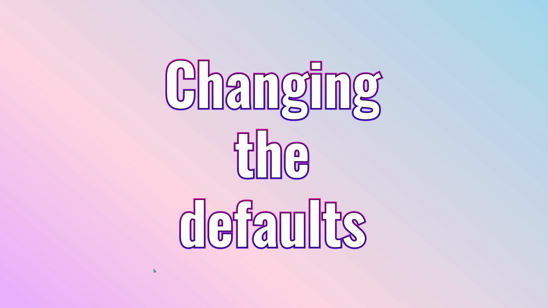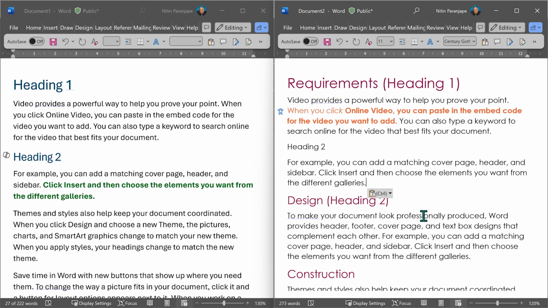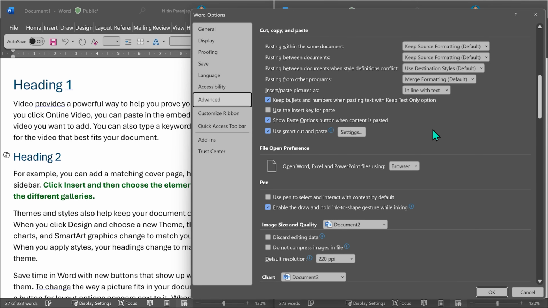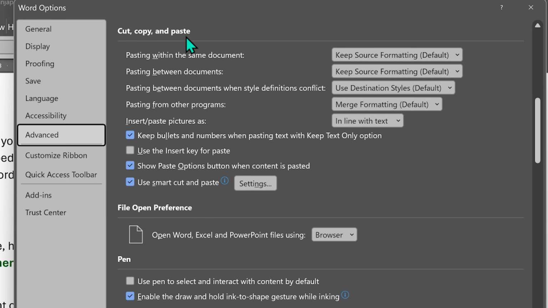That's good, but the default should be what I want. Now what do? There is an option given right there. Set default paste. It opens the options dialog and shows you copy paste options. Now what you would expect is one drop down with 4 or 5 options, but here it is a little more complex. Why? Because we were right now looking at only one kind of scenario where we are pasting between two Word documents and their styles and themes are different. If that is the case, this is the default.